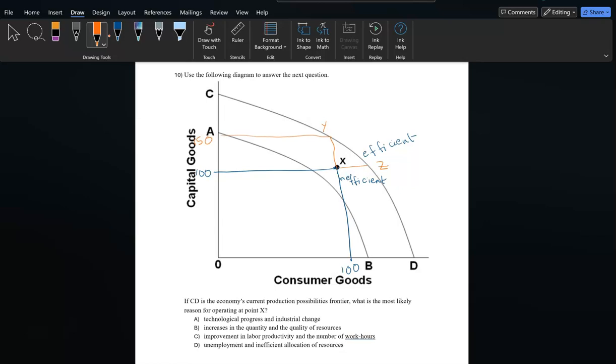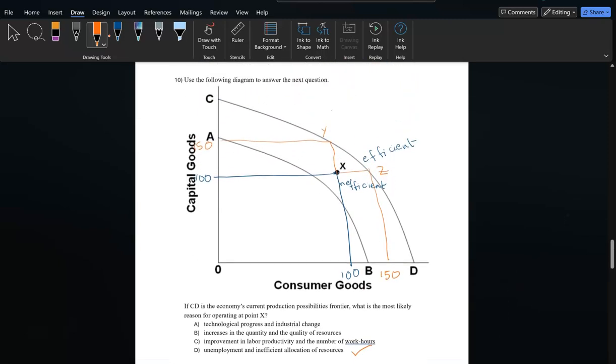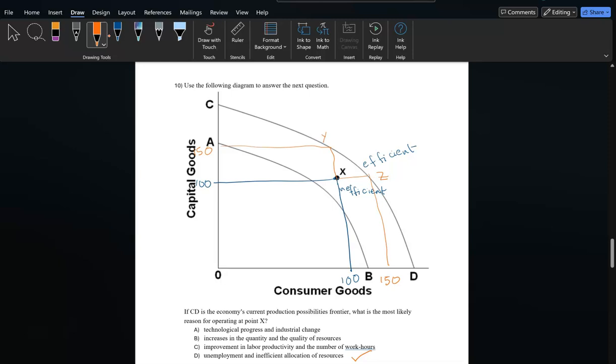Let's say Y is a combination of 150 capital goods and the same amount of consumer goods, that's 100. And let's say Z is a combination of the same amount of capital goods, that is 100, but more consumer goods, that's 150. So point X represents unemployment and inefficient allocation of resources. Okay, these are the basics of economic